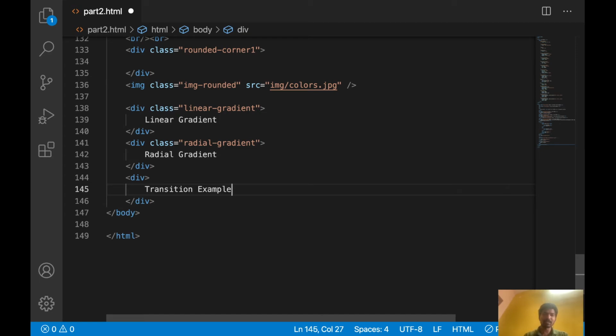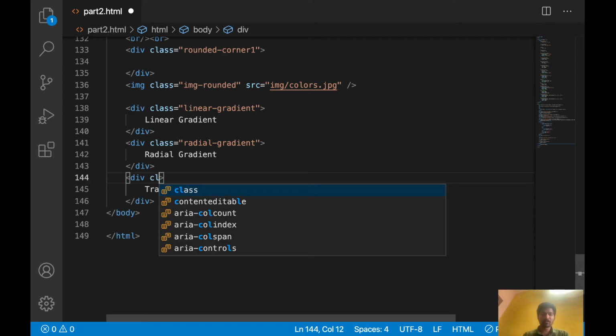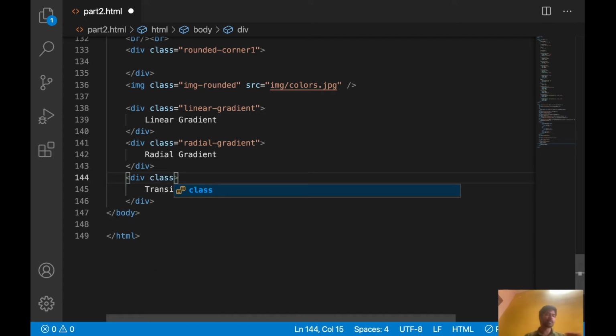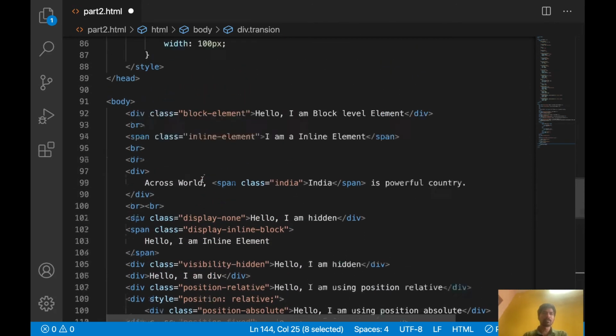example. Okay, so let's use transition. Just this is fine. Go to here.